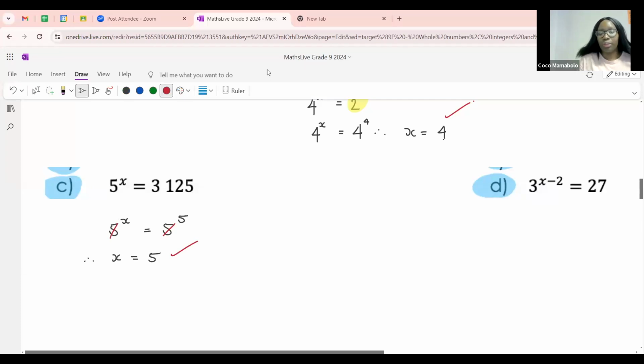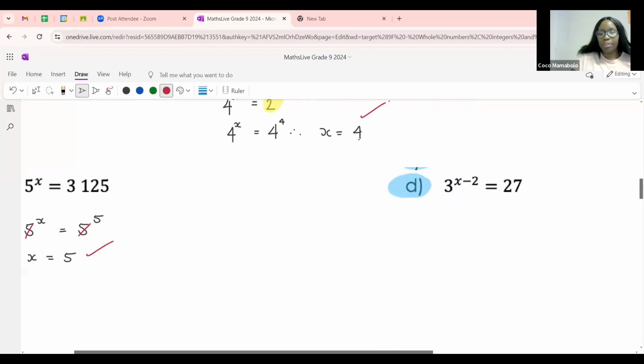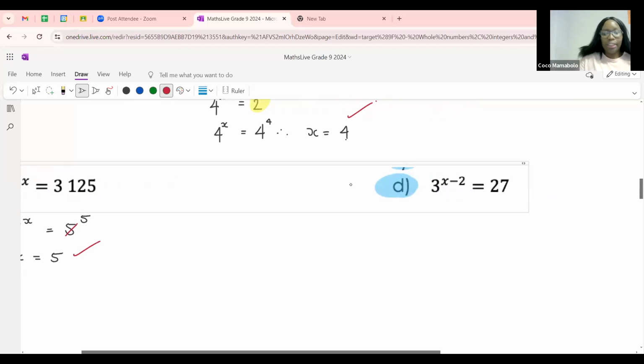Let's look at D over here. Oh, I put it so far away. Let's see if I can move my screen. There we go. All right. So we're going to do the same with 27. I know that 27 can be written as 3 to the power of 3, so 3 to the power of x minus 2 is equal to 3 to the power of 3. Now that my bases are the same, I can drop my bases and I can make the equations